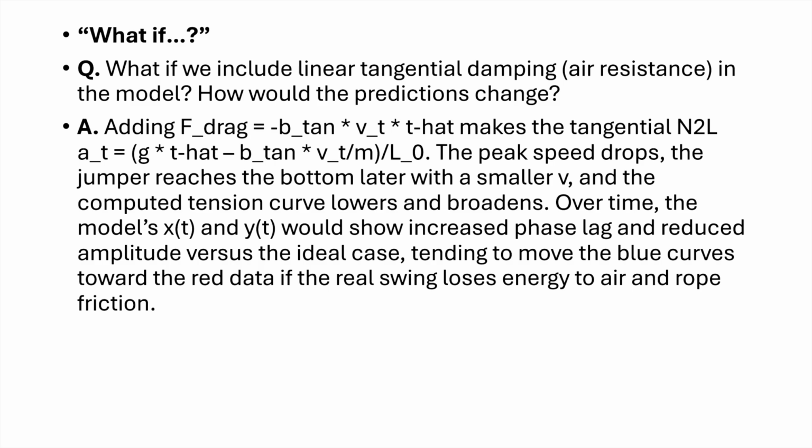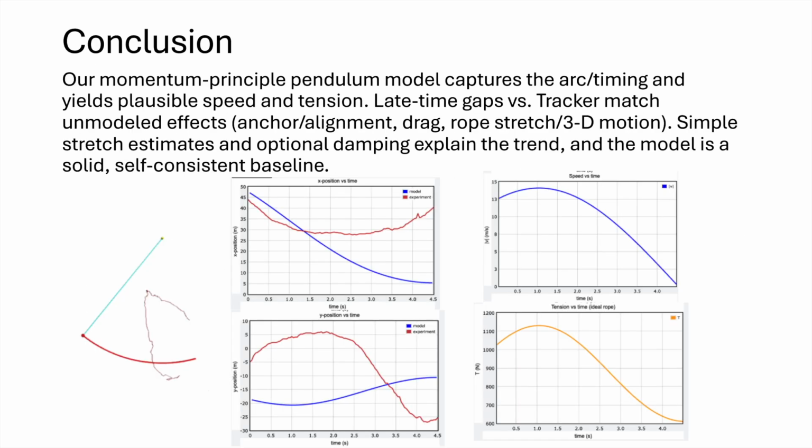curve lowers and broadens. Over time, the model's x and y would show increased phase lag and reduced amplitude versus the ideal case, tending to move the blue curves towards the red data if the real swing loses energy to air and rope friction. So in conclusion, our momentum principle pendulum model captures the arc timing and yields plausible speed